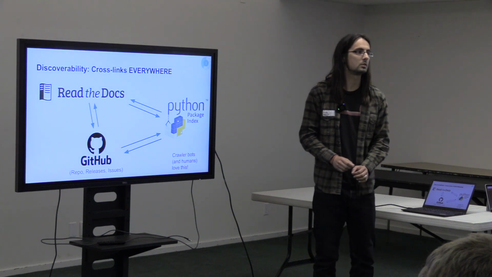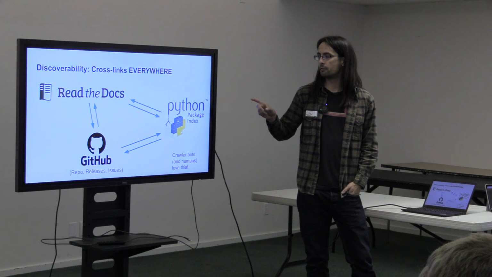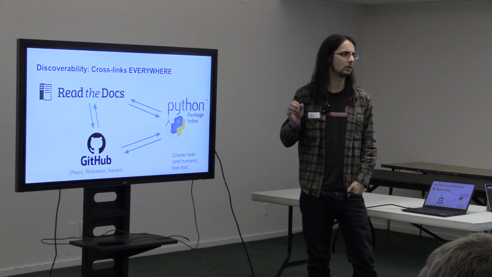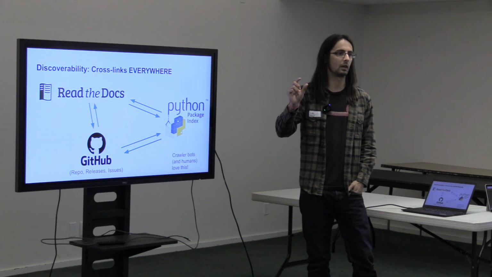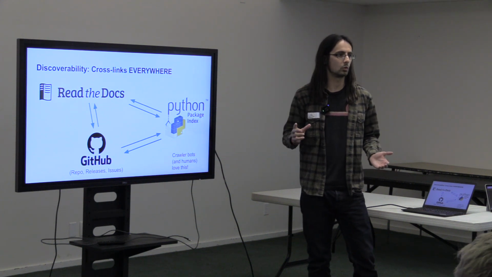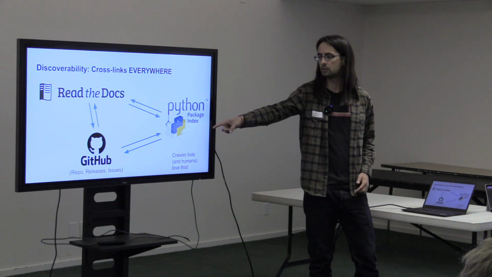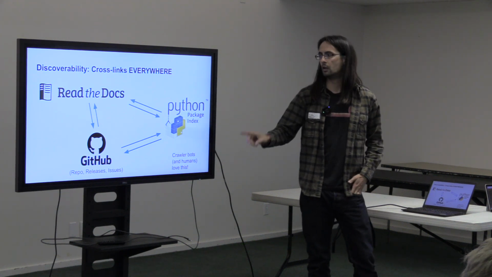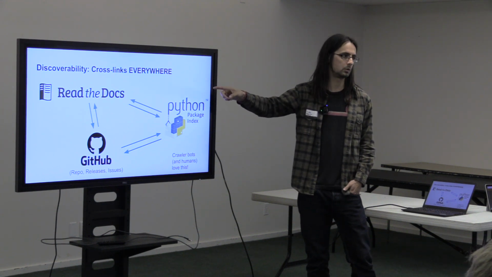So first off, this is kind of the easiest: cross-link everything. I've lost track of how many times I've found a really cool project on PyPI that's the top search result, and I'm like, okay, where is everything else? Who owns this? I can't even find the repository. So get that link to GitHub. Get the backlink as well. Same thing with Read the Docs. That's a great way to host your documentation. Really